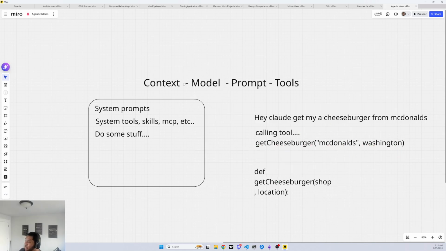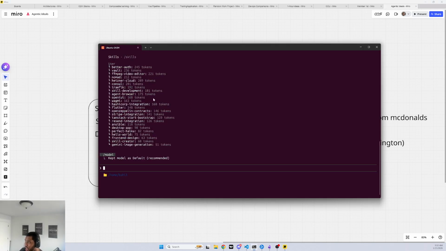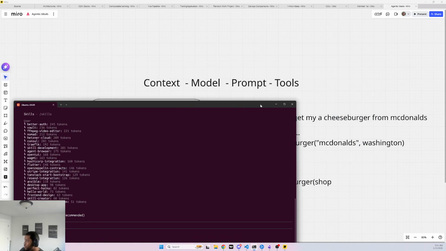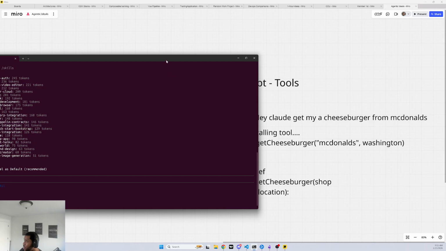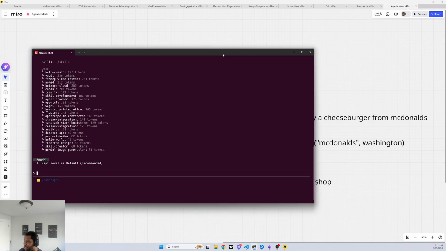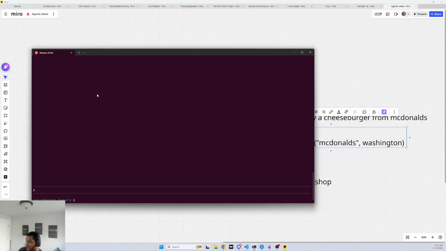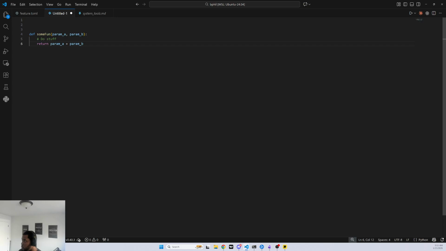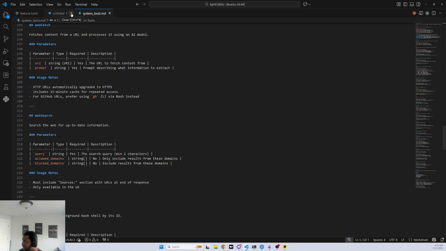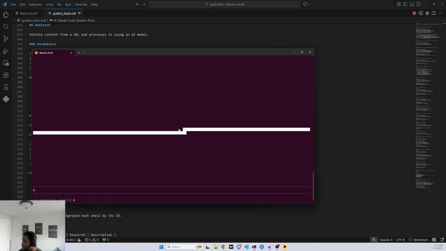And then maybe it has some execution environment like Claude Code does inside of my terminal here. And it's going to use this tool definition to actually get whatever results this function is going to give us. And so I really wanted to just go over that briefly. If you stay this long, we're just going to quickly go over the system tools inside of Claude that you get. And so what you can do really nicely with Claude is